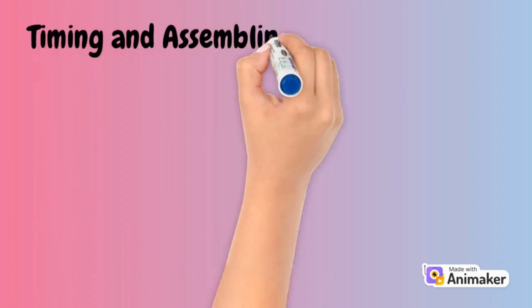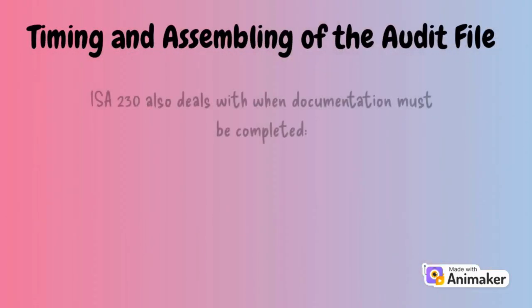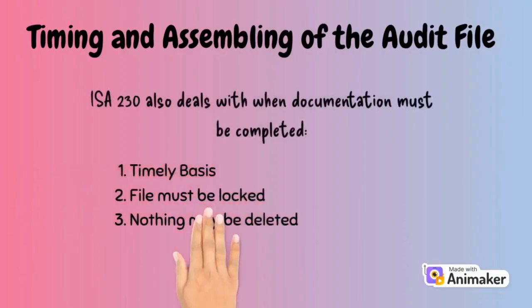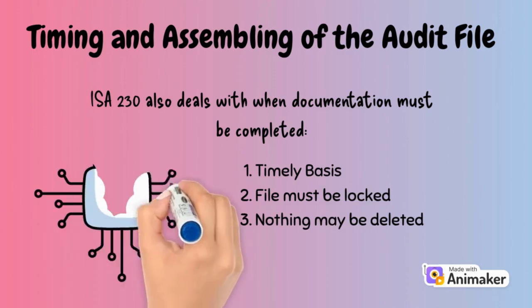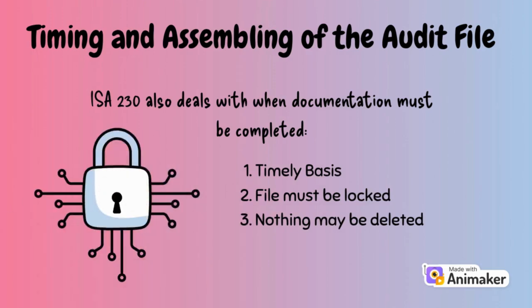ISA 230 also deals with when documentation must be completed. Audit documentation should be prepared on a timely basis, not months after the work was done. Once the audit file is finalized and locked, changes are restricted. You may add explanations or clarifications, but you may not delete or conceal information, and all additions must be clearly